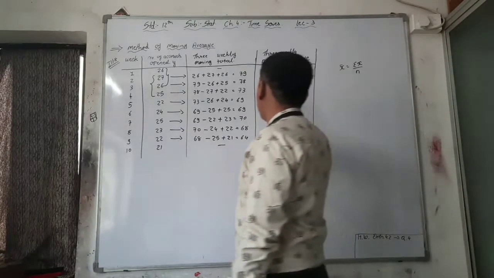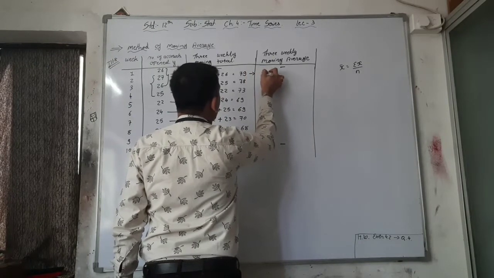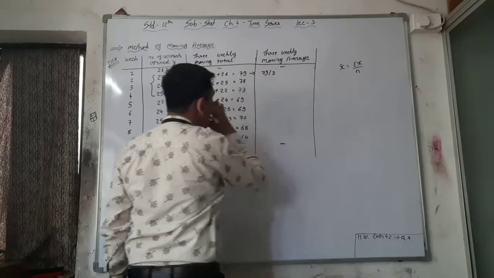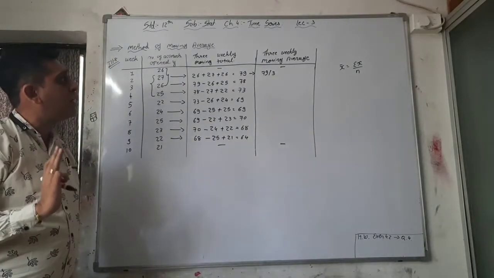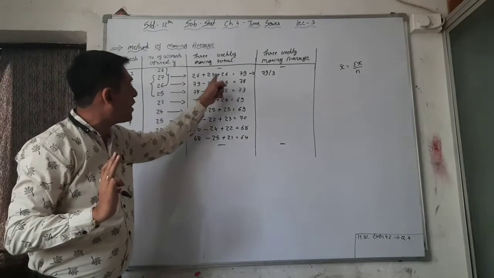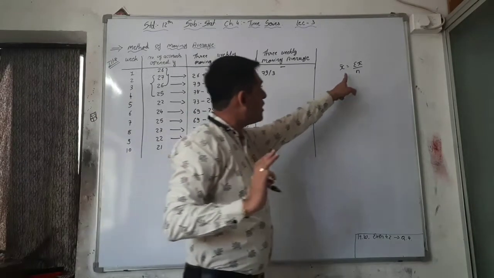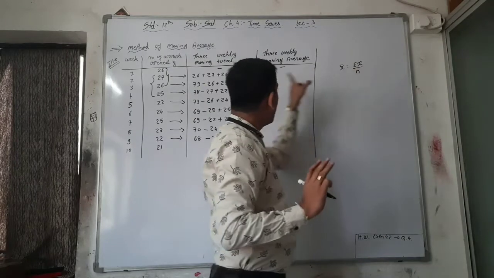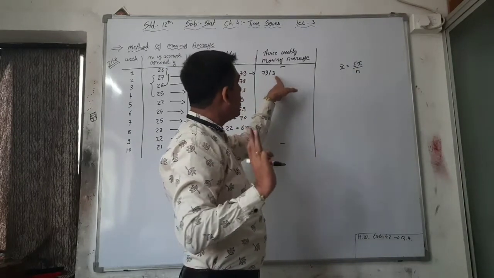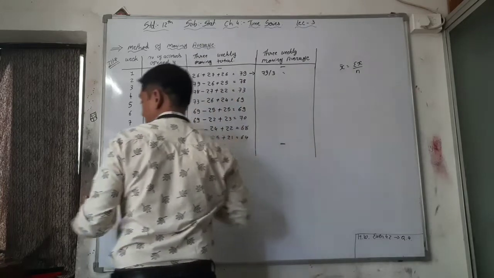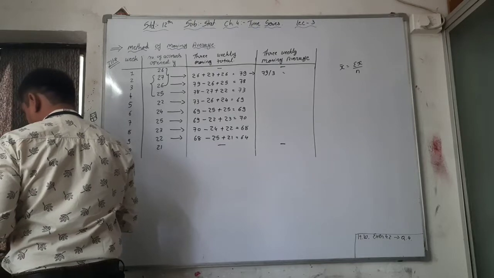Okay, so now find out the averages. That is here the answer, main answer 79 divided by 3. Why? Because we have to find out 3 weekly moving average. Here is the 3 weekly moving total, and then we have to find out the average like this, sigma x upon n, that is 3 week total 79 divided by 3 is equal to, what is the answer? Find out. 79 by 3 is equal to